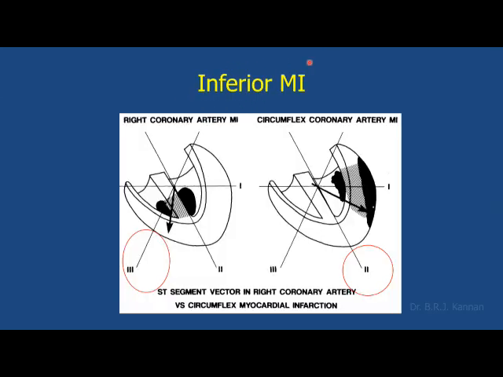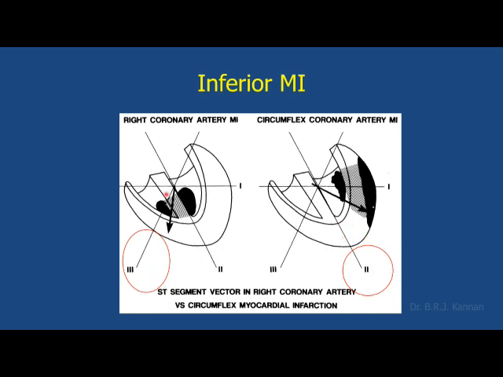Now let us come to the inferior myocardial infarction. Here is the inferior wall. This is lead 3, this is lead 2, this is lead 1. Whenever there is inferior MI, the vector of depolarization is more towards lead 3. Just remember this. The circumflex artery supplies the lateral wall and also the inferior wall if there is a dominant circumflex artery. Because there is inferior and lateral wall involvement in circumflex artery, the vector is moving more towards lead 2.